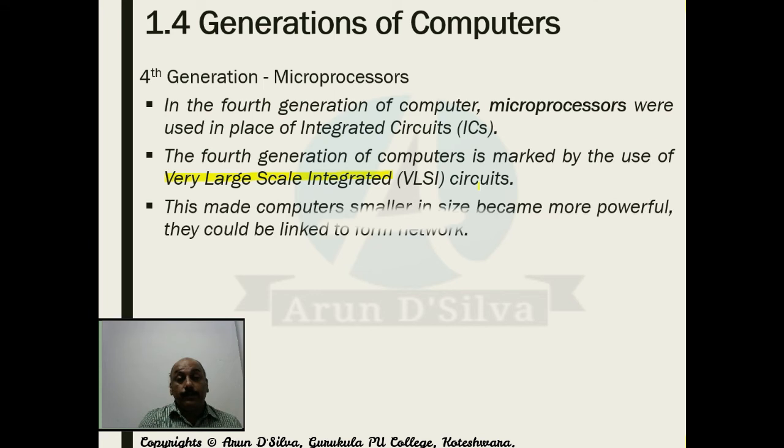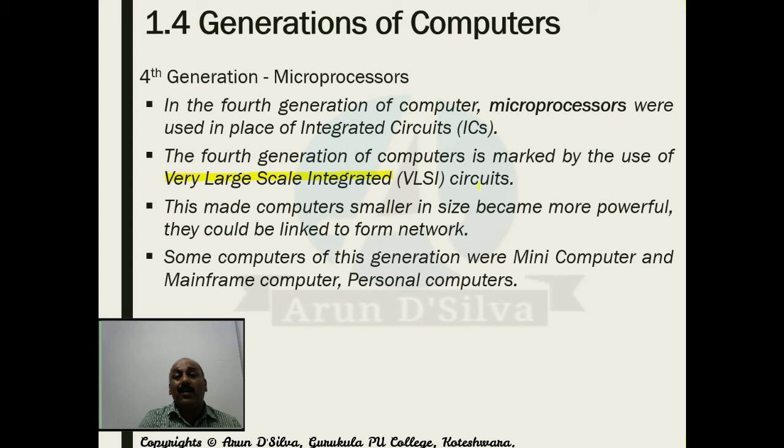And this made computers smaller in size and more powerful. They could be linked to form a network. So today we are using the internet. The internet came in the fourth generation itself. So we are transferring data from one location to another. We are browsing the data from another location to our location. This is all possible because this technology was introduced, and that is the reason today the world has become small, and even then